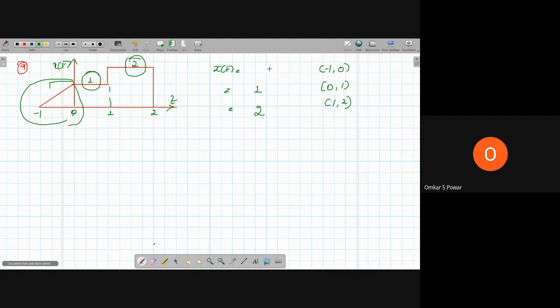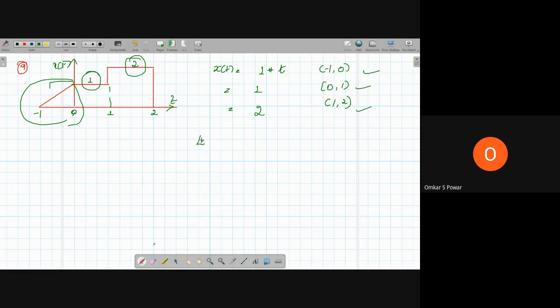So what is the slope here? dy by dx is 1. So it is increasing. So it will be plus t. So at minus 1 it should be 0. So this will be 1. And at 0 it should be 1. So substitute this one. Minus 1 it will be 0 and 0 it will be 1. So we'll get this expression.